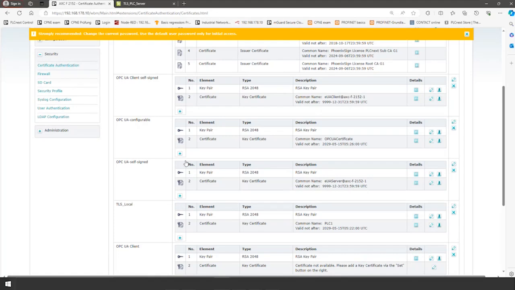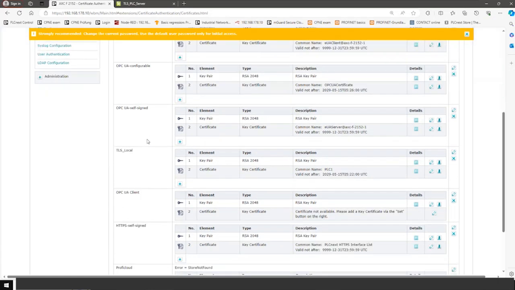So each platform has its own certificate. If I use OPC UA communication now, I need a different certificate for every client. Yeah, each client has its own certificate. Yes, so each PLC has its own certificate by default. No, that's unique. Otherwise, it doesn't work.